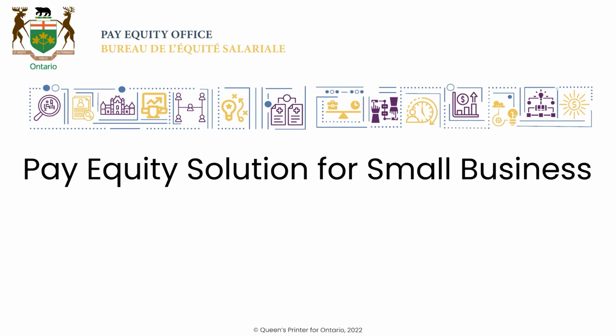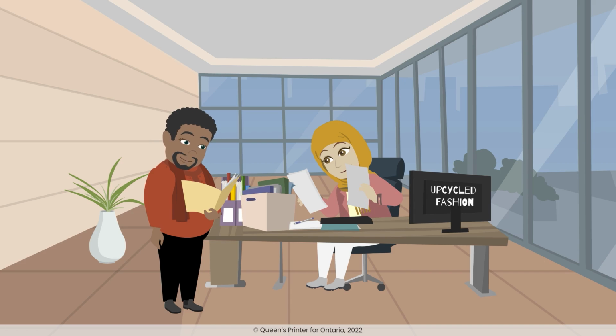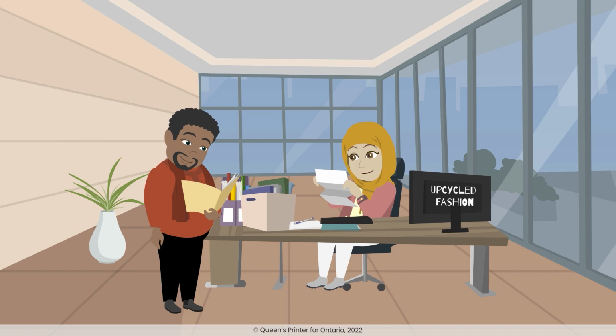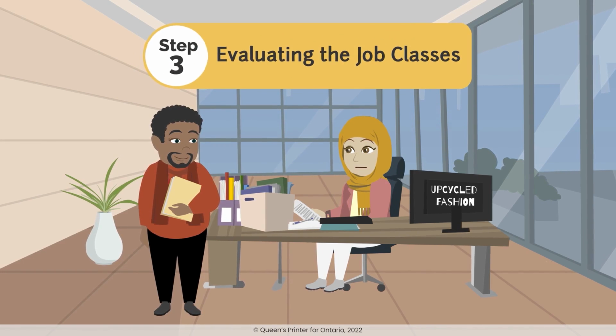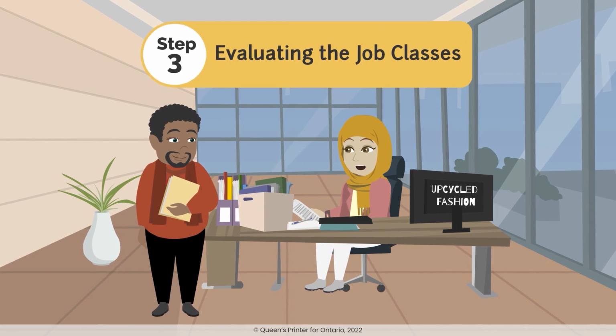In this video, we will go over Step 3 to demonstrate how to evaluate job classes to give them point values. Haifa and Lucian, owners of Upcycled Fashion, are now getting ready to complete Step 3 of the toolkit. They pull out the job descriptions they have for the company. For this third step, we need to gather the job descriptions we have so that we can give each job